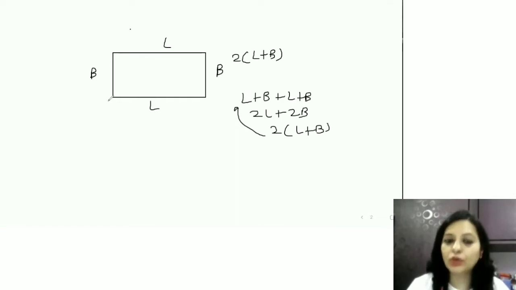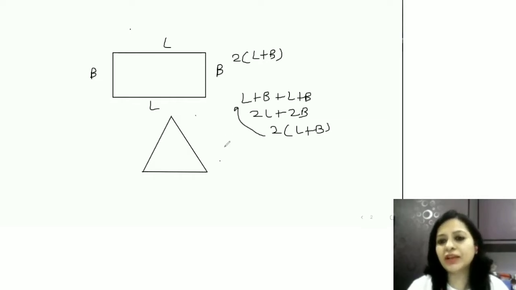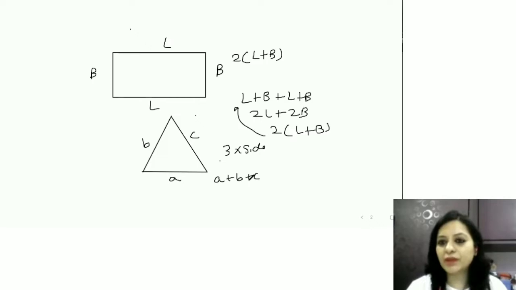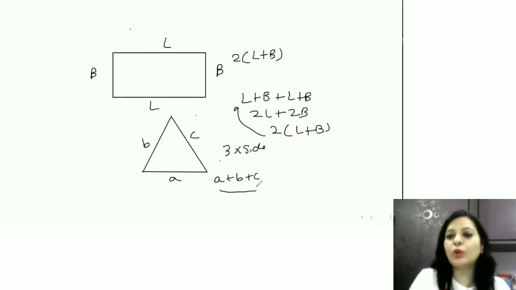So if they know that perimeter of something is basically the total length of the boundary, even if you forget the formula, suppose you have any triangle and they ask you to find the perimeter. As such, we don't have any particular formula for the perimeter of a general triangle. For an equilateral triangle, we may say it's 3 into side. But suppose I have a triangle with sides A, B, and C. If they know this concept of perimeter, that we have to find the sum of the boundary, it would simply be A plus B plus C. In that way, they won't have to learn all the formulas if they understand the concept.